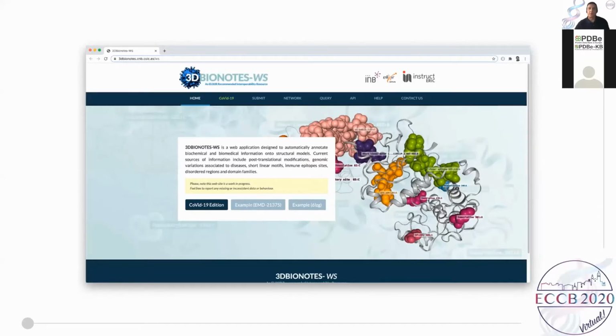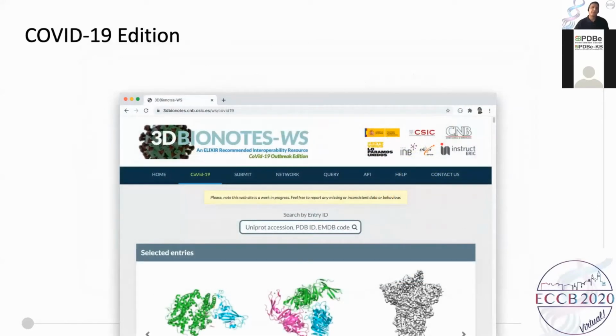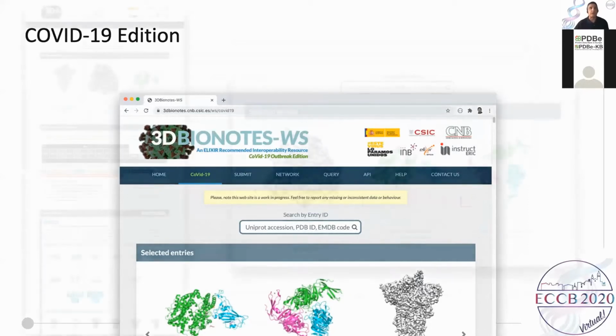Some of them were also in the previous presentation, together with modeling and computational predictions. So what we have done is dedicate a new section of our website with the intention to collect and present in a single place all structural information relevant to the SARS-CoV-2 virus.